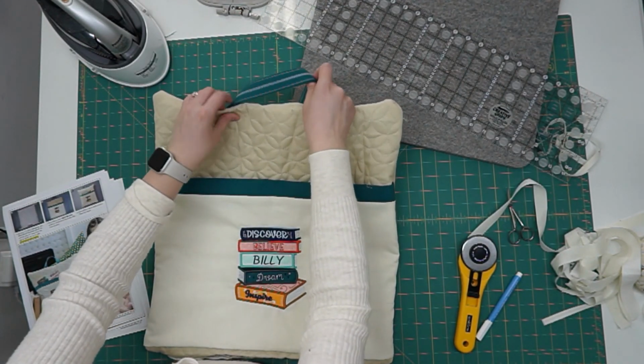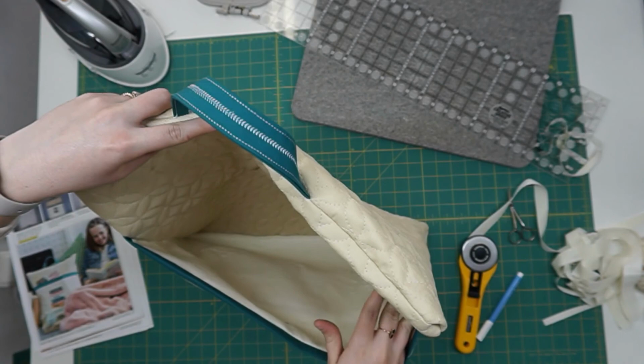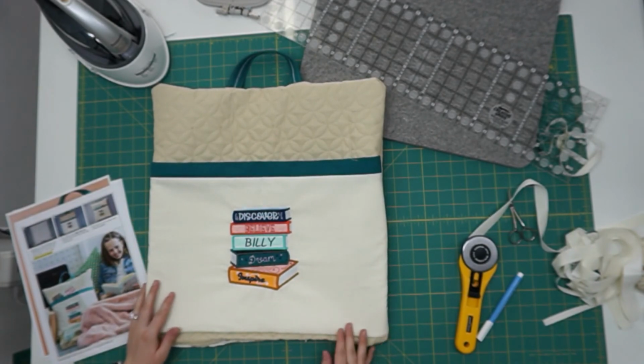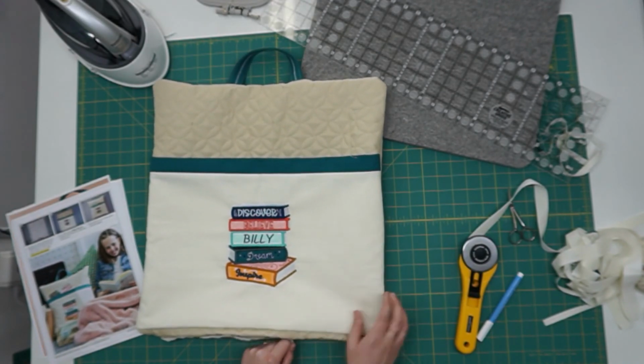We've got our handle. We've got our pocket. Look at that. And it's fully lined, no raw edges. And all you have to do now is slip your pillow insert inside, zip it back up,